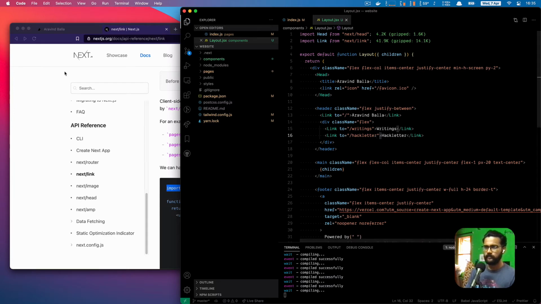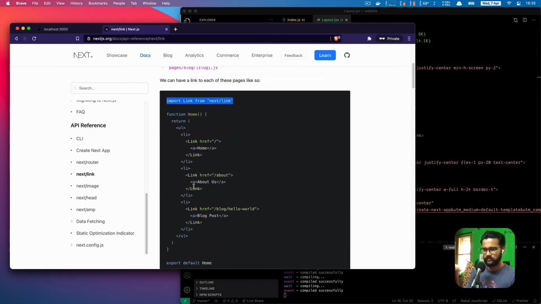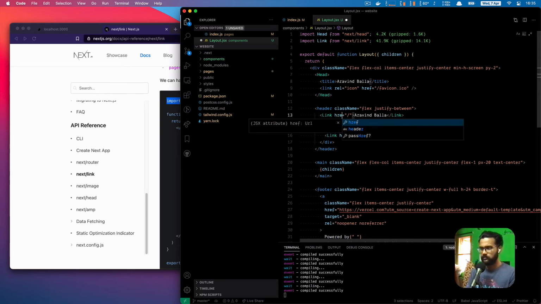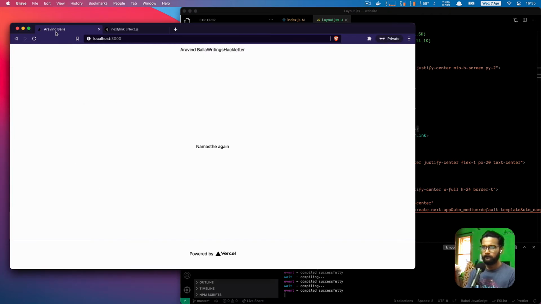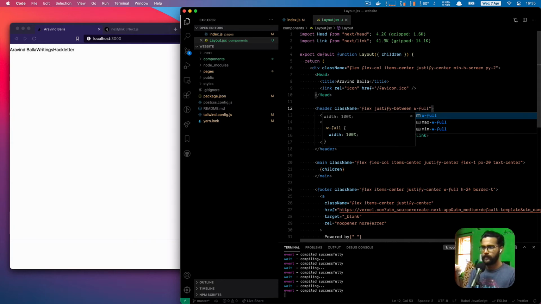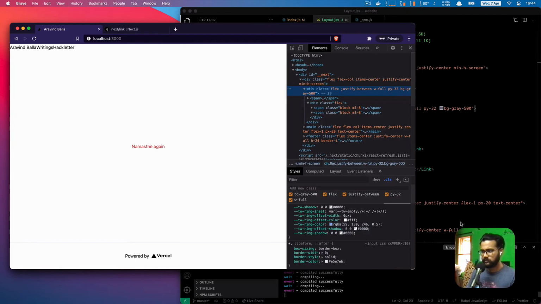Okay, so if you see, the link expects a href. Okay, so it's not 2, it is href. Cool. So this would have width full. Okay, and justify between. Okay, is the